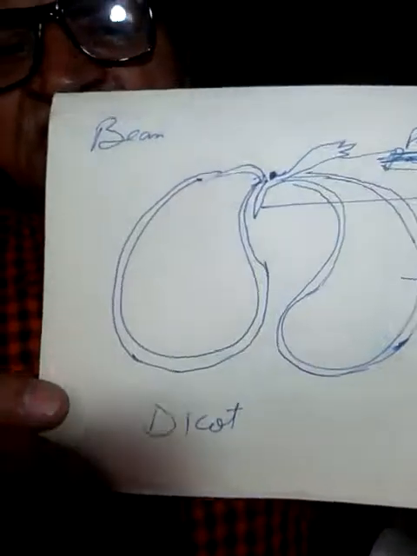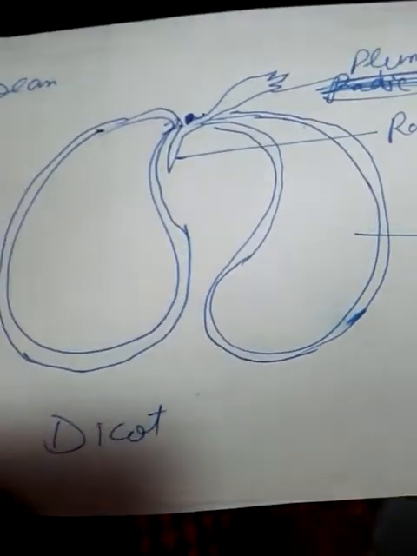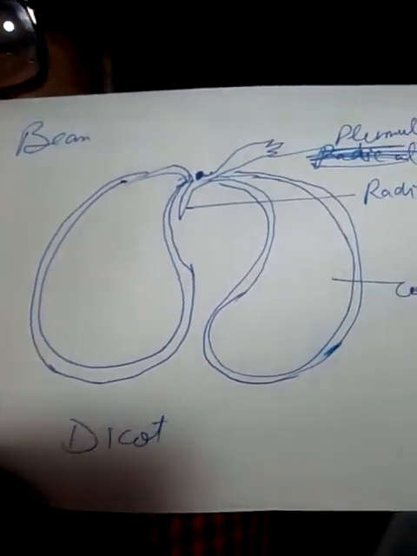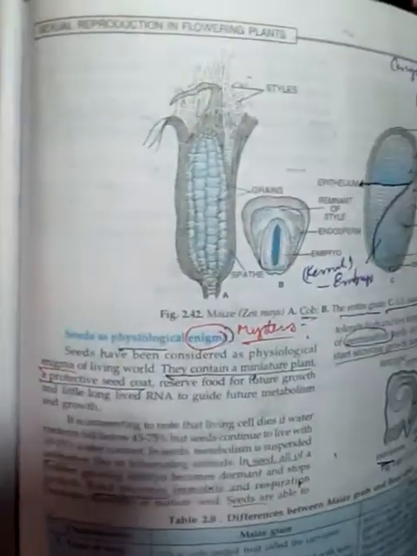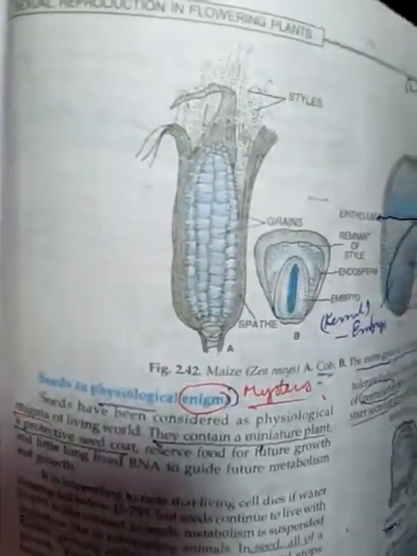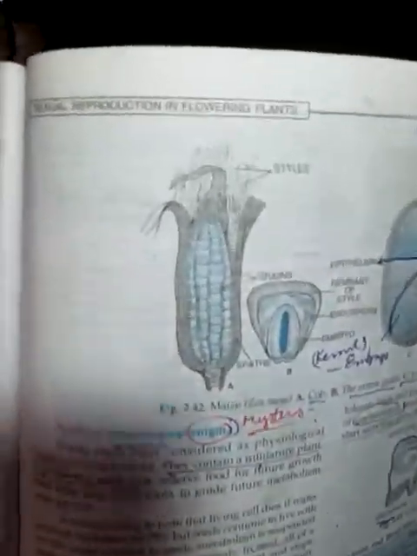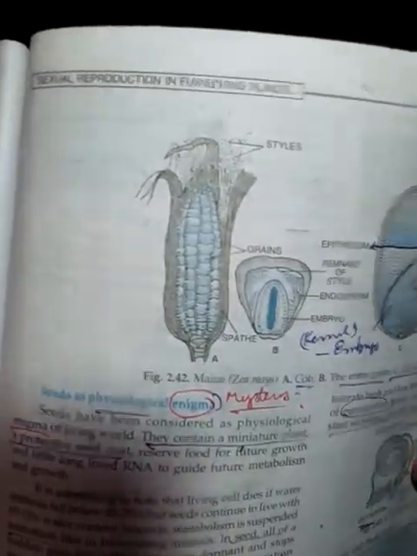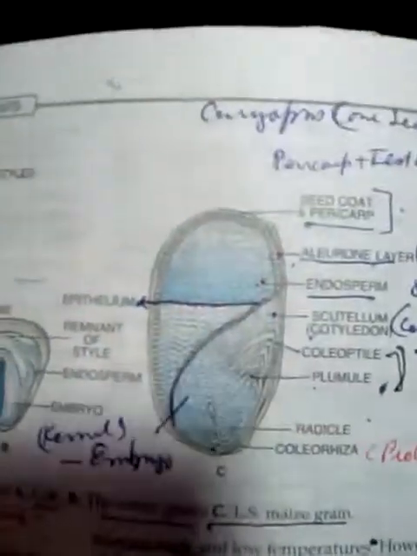This is the dicot seed, the dicot seed of bean. It has radicle and plumule. Radicle is the future root, plumule is the future shoot, and the cotyledon is for the development of the plant when the seed grows in the soil. And very interesting, the maize seed: the corn cob, bhutta we say. The corn cob is the fruit. It has many seeds. The thread-like structures in the corn cob are the stigma. Many stigmas are there, and the monocot seed is of maize.